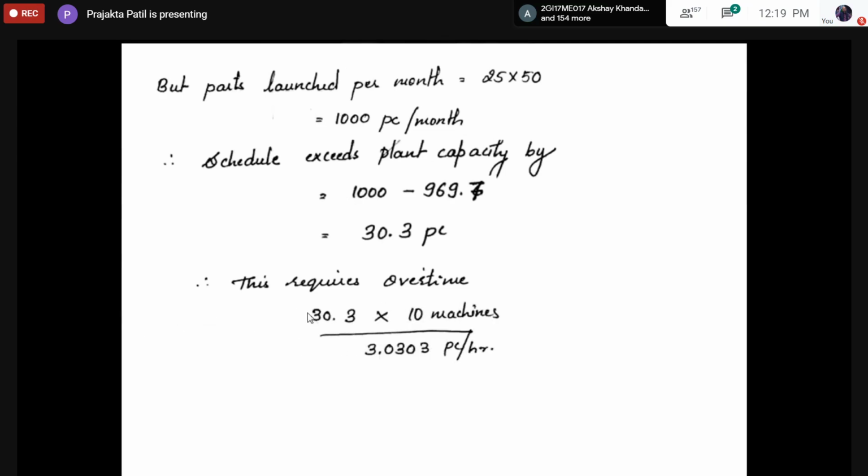You know these are the number of pieces to be produced, the rate of production is known, and the machines through which it is going to be processed. So when you calculate this,